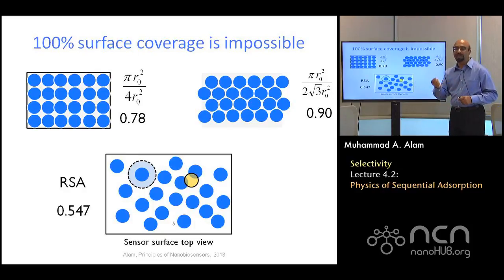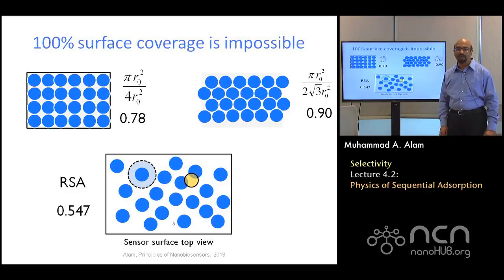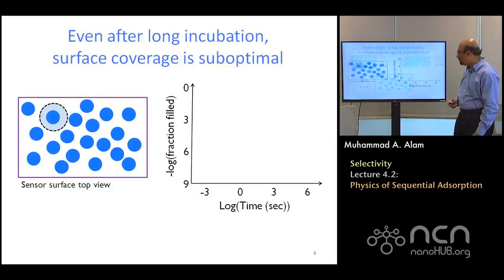No matter what configuration you try, no matter how you throw it, every time it will be a different configuration because it's a random process. But at the end of the day, when you are done in a large enough circle, you can only cover about half. The remaining half will remain empty and susceptible to parasitic absorption. Now, this would be a big problem. Where does this 54% number come from?